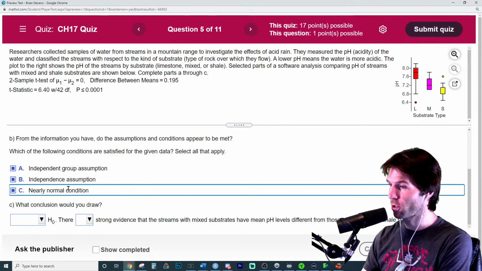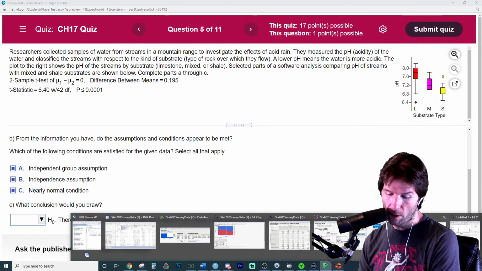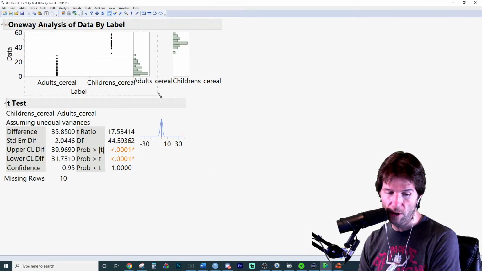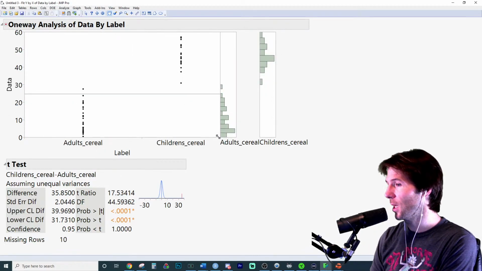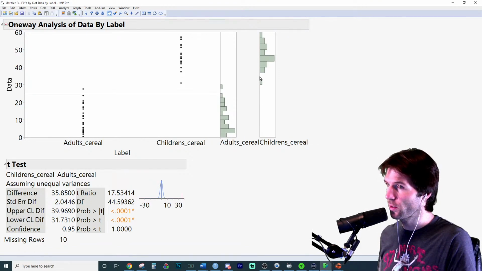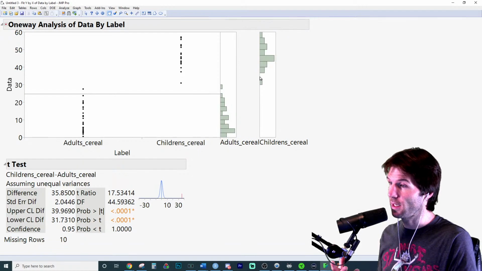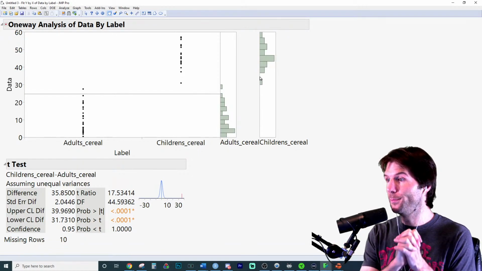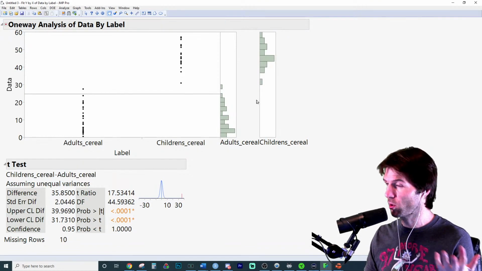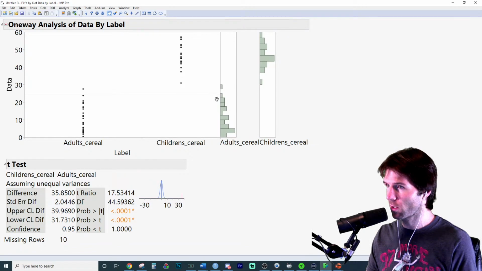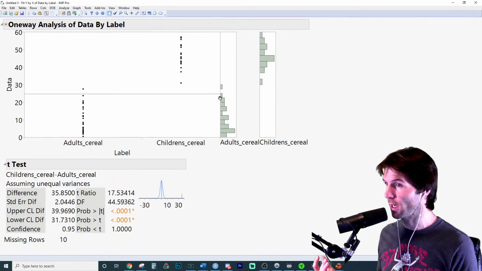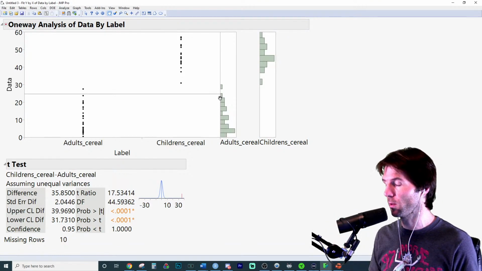We'd actually want to look at the distributions. What do I mean by that? Well, if we have two quantitative distributions like we have up here, to check the nearly normal condition, we actually need to look at the shape of them. And although these are not perfectly normal for the sugar content of adult and children's cereal, the condition of nearly normal states that the distribution of the mean will be nearly normal if the sample size is large enough. Now, these come from groups of about 25, which is what we have for our example, and there's a little bit of a skew, like there is for our example, but because we have a large enough sample size, the distribution of the mean for these groups will be nearly normal.